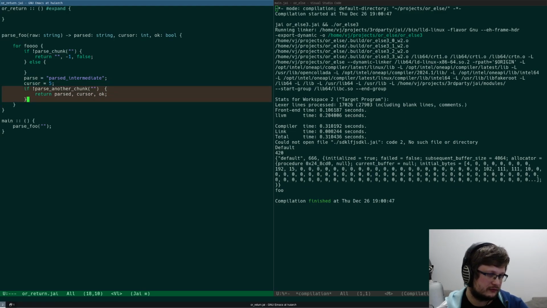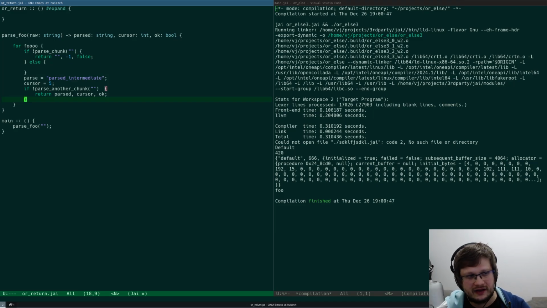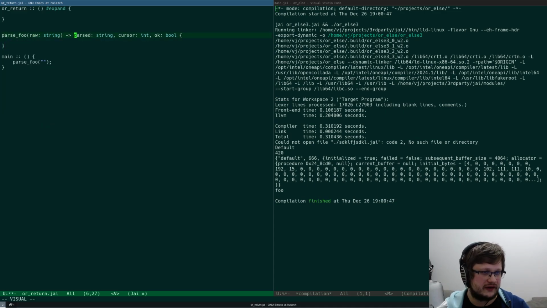And writing a lot of these might become tedious, and that's why programming languages usually have some kind of shortcut for that. Yeah, like the question mark in Rust, or or_return in Odin, probably something else in other languages, right? So Jai doesn't have anything like that. In Jai, you can define return variables, so you can assign them names, right? And if you do return, I think that should just return those. This should compile, I think.